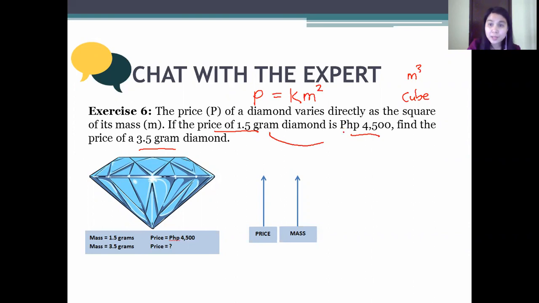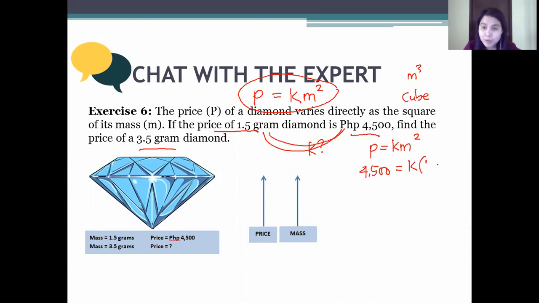Now, these two come in pair. So we can solve for the value of our constant of variation, our k. So again, first thing, translate. Second, you need to find a pair of the price and the mass. Next, the third thing is solve for the value of k. So we'll have p equals km squared. For our p, it's 4,500 the price,